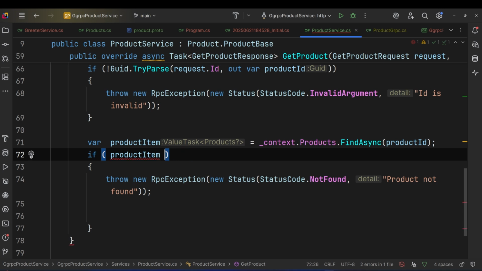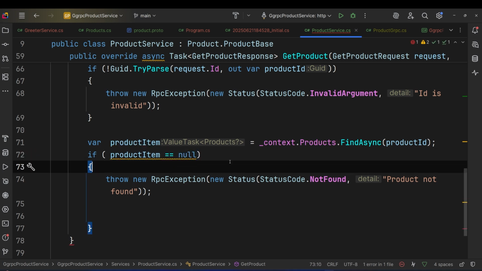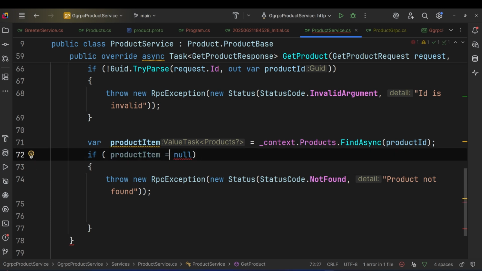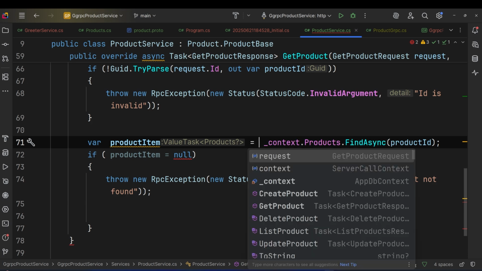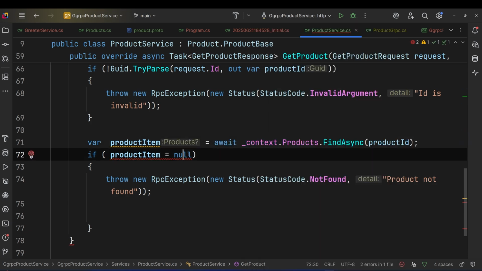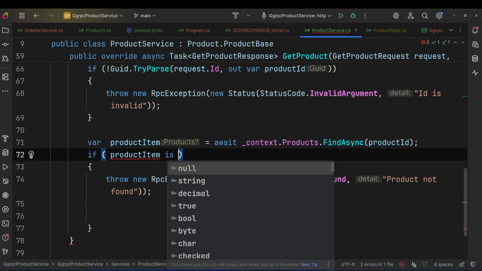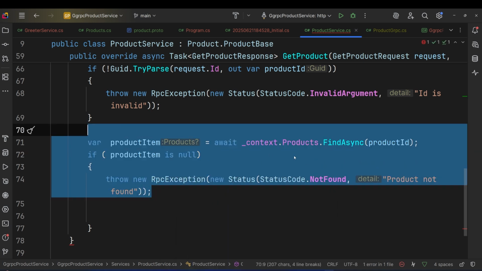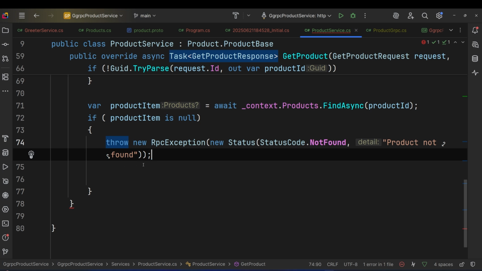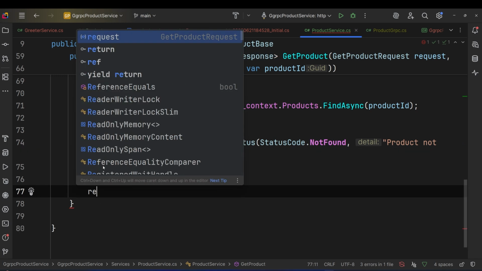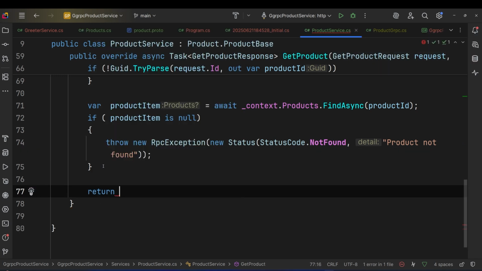right? So we can say that if it is equal to null, and the reason why is that this should be await. That's why we are getting an error here. And then we're going to see that it's null again. If we fetch product and there is no product in the database, we throw this exception, product not found, right? And if everything is clear, the next thing we want to do is that we return this kind of